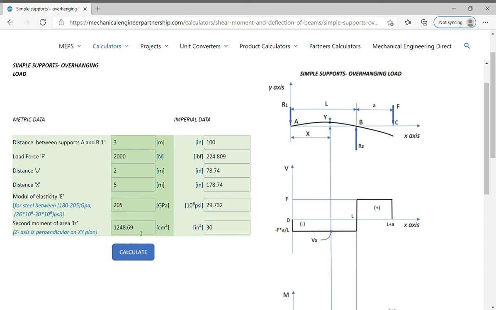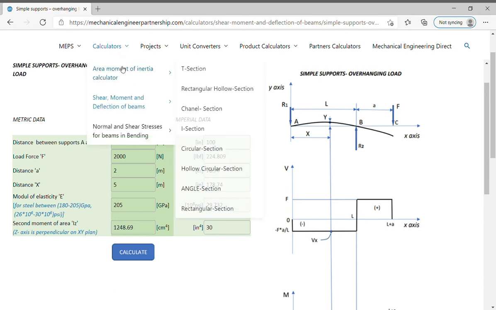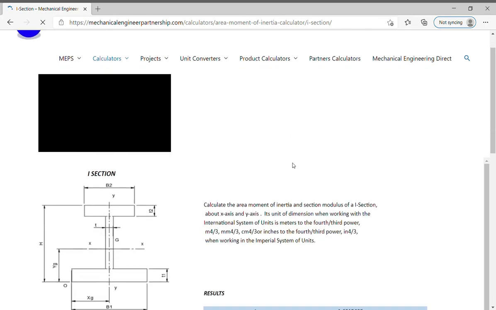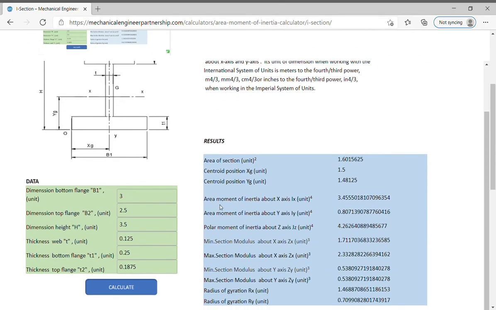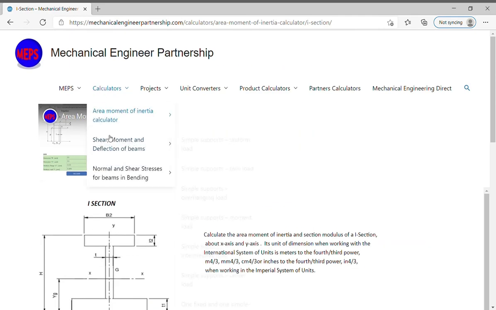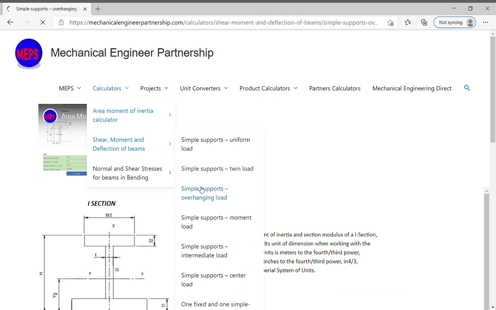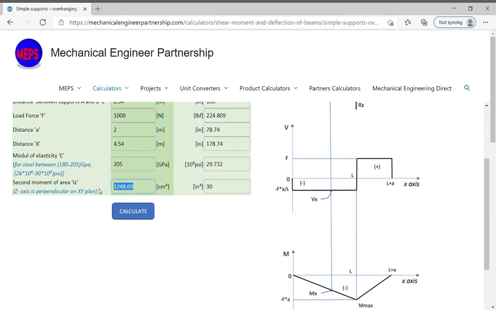In regard to the second moment of area, if you already have the value, write it in the corresponding cell, in centimeters to the fourth power. If not, choose calculators and then area moment of inertia, choose your beam section, for example, an I section, choose area moment of inertia about x-axis, in this specific case, copy the value and return to the simple supports overhanging load, shear moment, and deflection of beam calculator, paste the value of area moment of inertia,